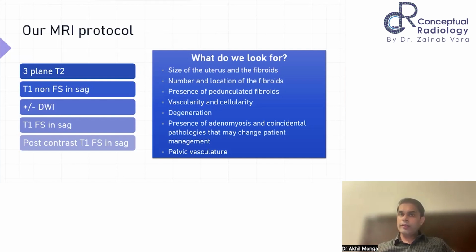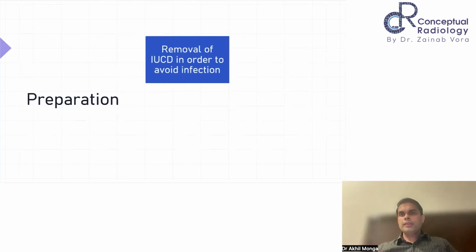And adenomyosis is actually good, if there is adenomyosis, but we need to change the technique a little, because myomectomy alone may not give you relief, but UFE can give you relief from both fibroids and adenomyosis. Only we need to take smaller particles for embolization. Of course, pelvic vasculature you can study in the post-contrast images. You can ask them to take an early angio phase also before you take the post-contrast images. And that will help you plan your procedure, the angles in which you will be able to see the uterine artery well. Preparation would include removal of